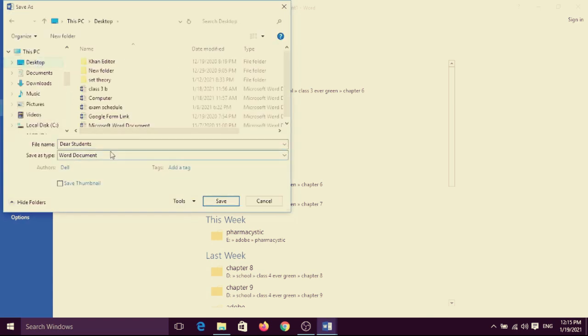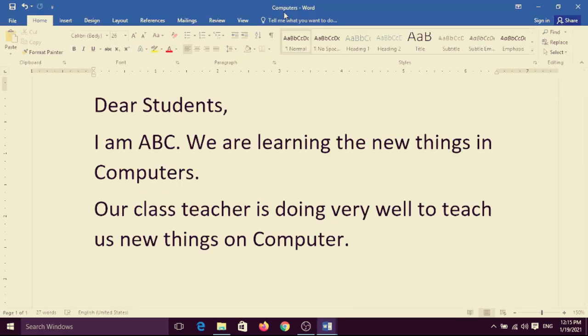I want to write here computers and press the save button. Now you can see your title bar shows computers. It is the file name on the title bar.